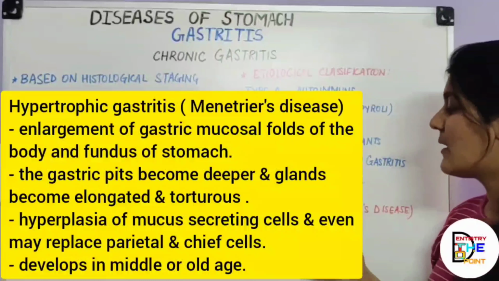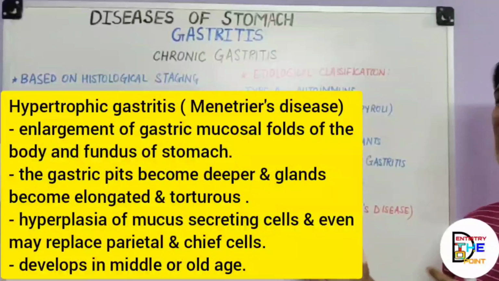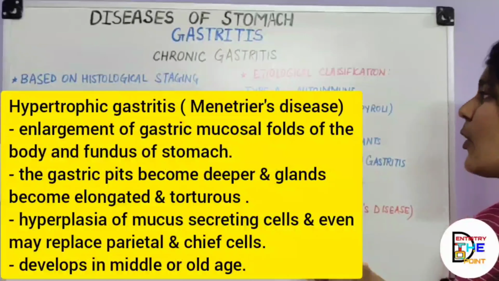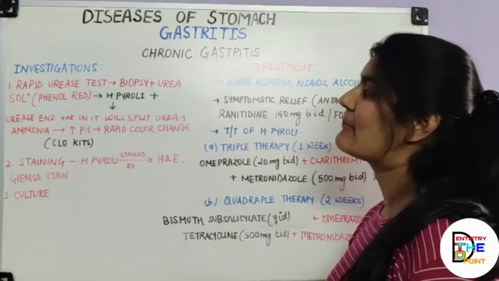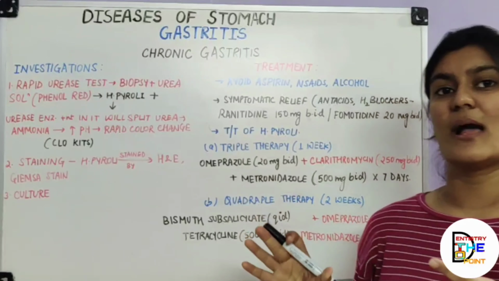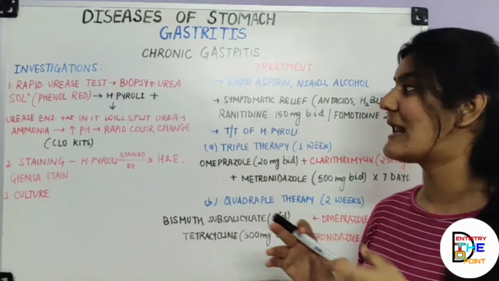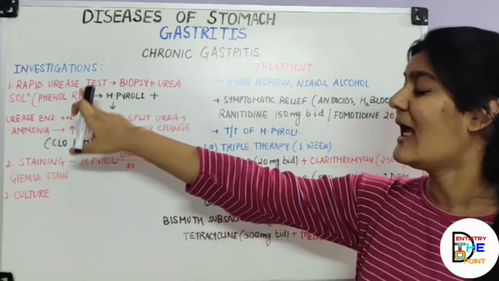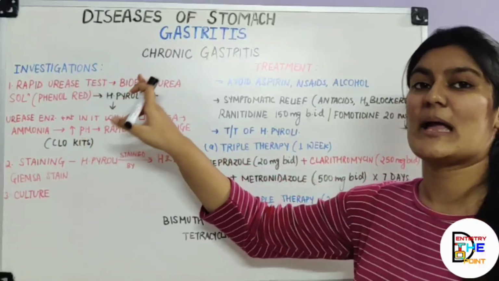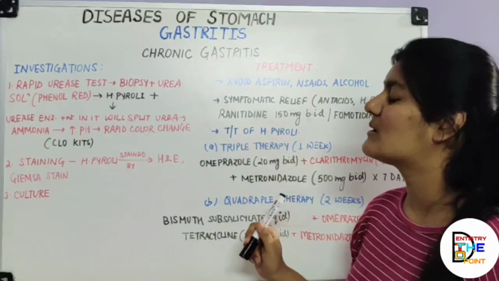So this is another, or you can say a variant or rare type of chronic gastritis. For the investigations, you have the rapid urease test. So what do we do in this? You take the biopsies and add them to a solution of urea which has phenol red added to it, and if there is H. pylori present,